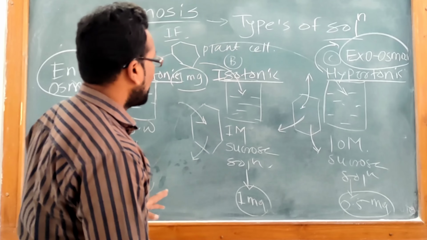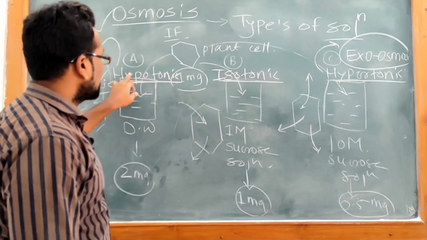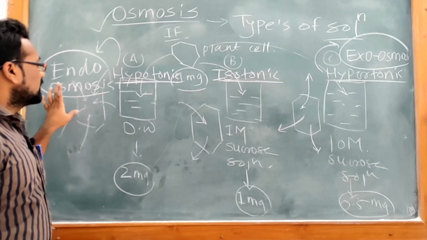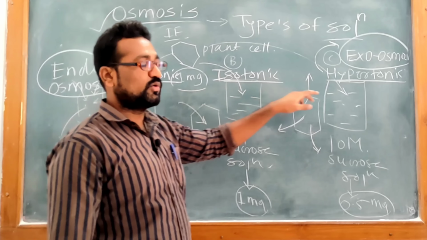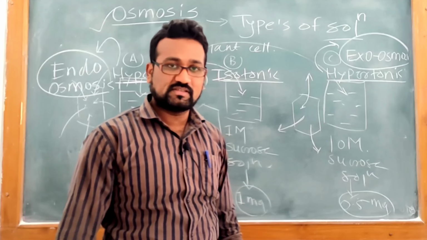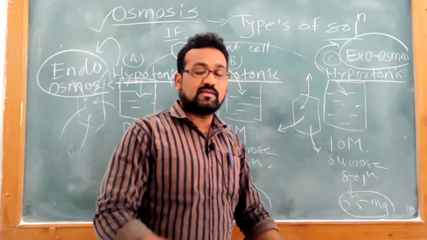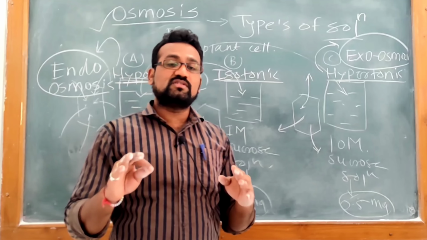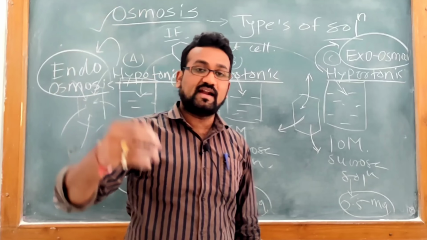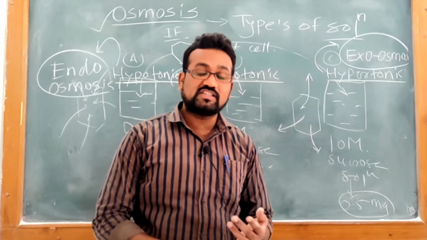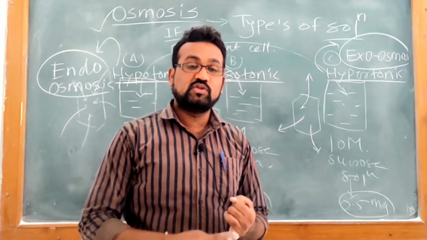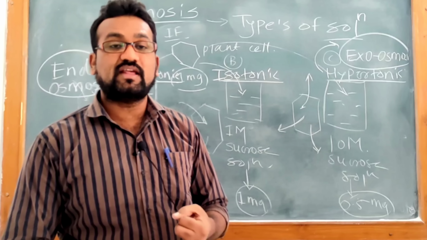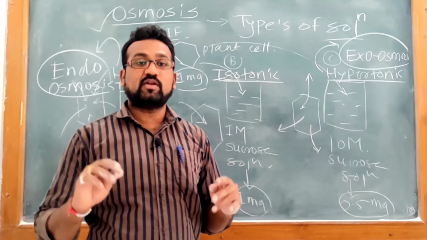But here I have highlighted the types of solution which are hypotonic, isotonic and hypertonic. In hypotonic solution, endosmosis generally takes place. In hypertonic solution, exosmosis generally takes place. So with the help of one cell example, I have tried to explain this complex concept. This is very interesting to discuss in plant life, which we will discuss in a later section. But in this lecture, I have tried to explain the definition of osmosis using that example of beakers. Here we have discussed the types of solutions as well as the exosmosis and endosmosis phenomenon.